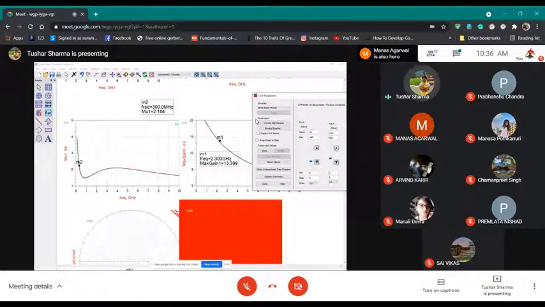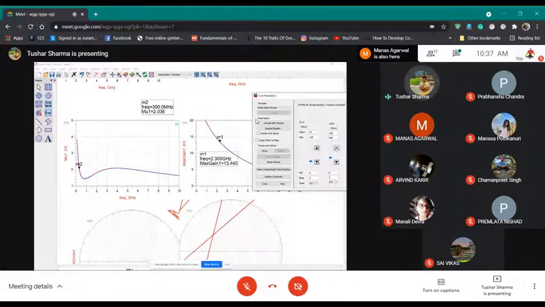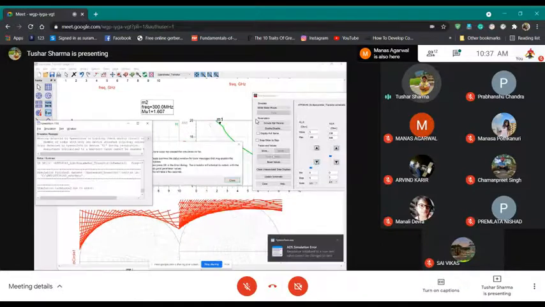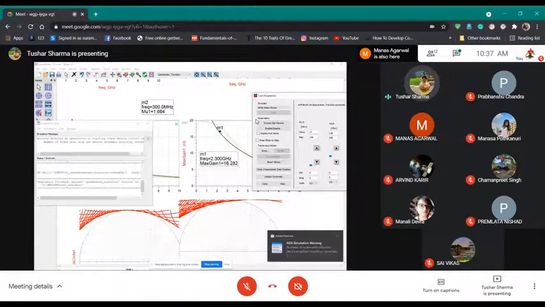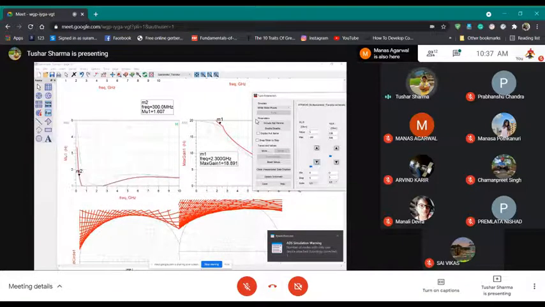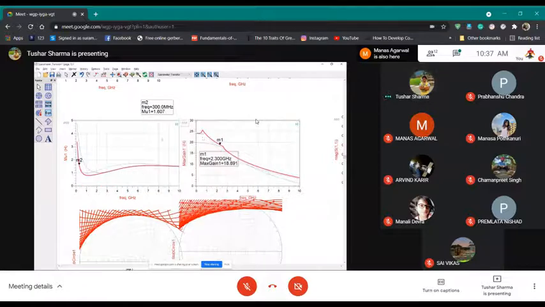So I have to find a combination such that I can get maximum gain and my mu is always greater than 1. So to start with, I will go with 5 ohm series resistor, and with that I get something like this, but my mu is less than 1 in this region.